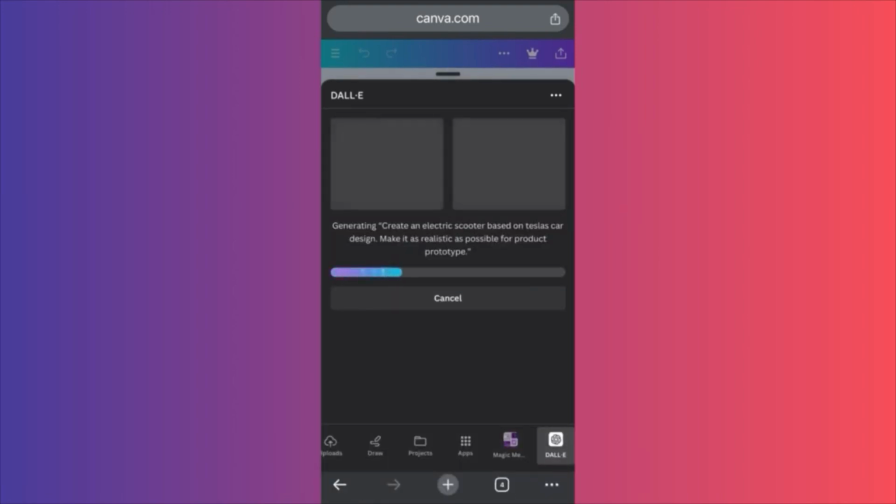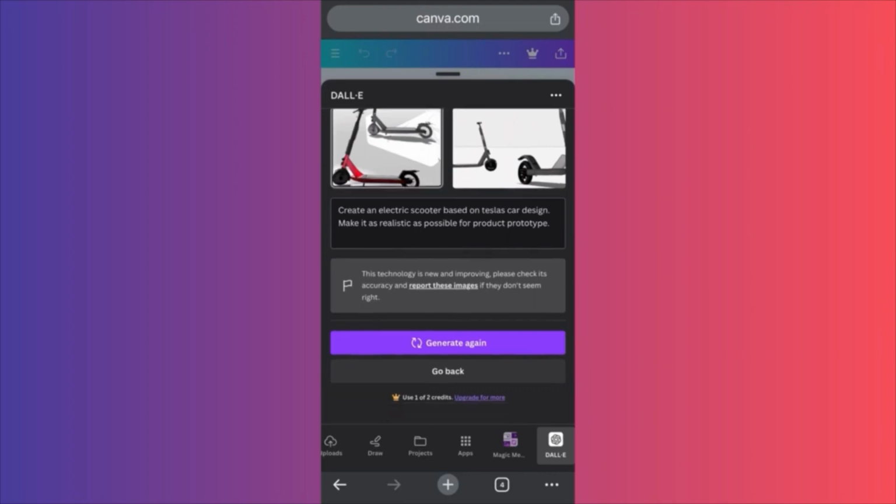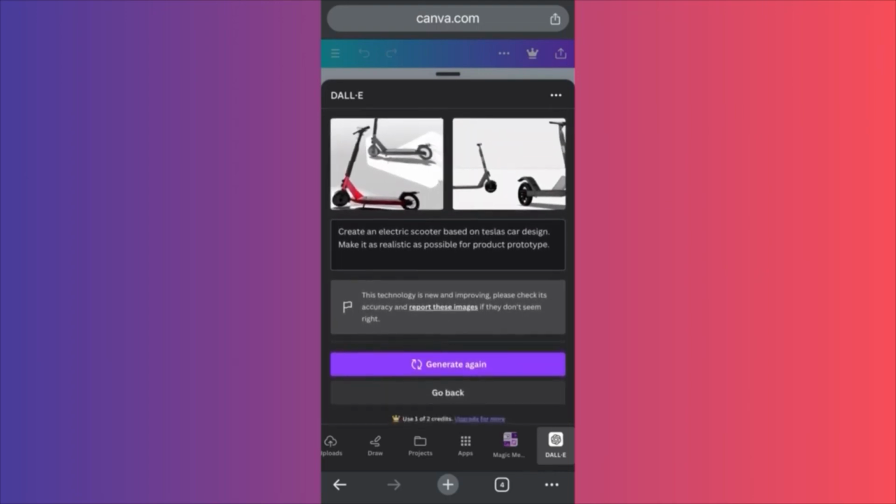With Dali, we're going to get only two variations of the prompt in terms of content. With Magic Studio, you're going to get 4 each time. Also, the credits that you're going to get with Dali are much less versus the credits you're going to get with Magic Media. So now, as you can see over here, we can still change the results by simply adding more inside our prompt as a text,